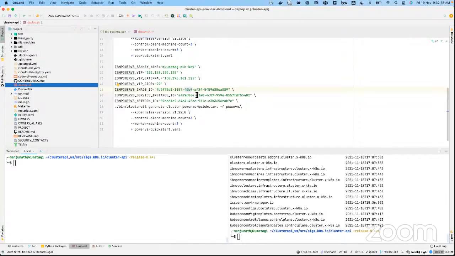So we have seen some conflict there. So maybe I think we should try generating these images for each release or branch or whatever, and then mention a standard image we're going to use for the customer. So that's something we need to take care of. And of course the service ID, we need to mention where we want to spin up our VMs.